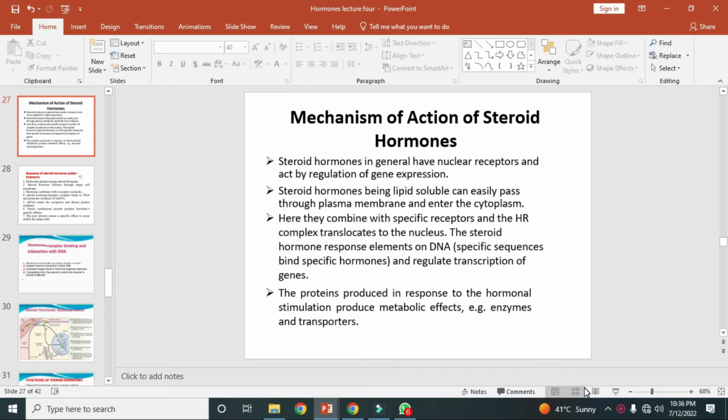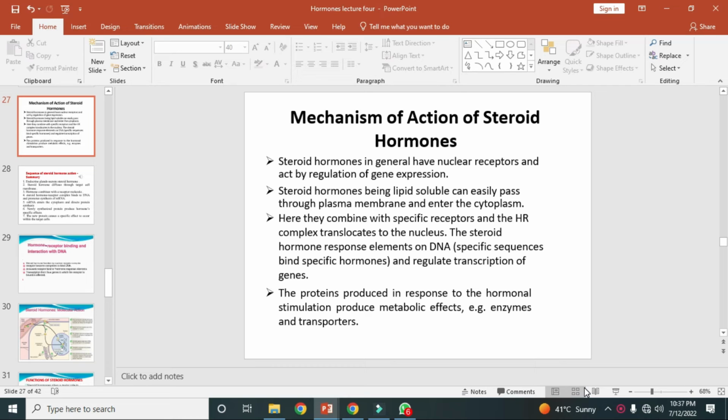So the steroid hormone mechanism of action can be summarized as follows. Number one, first of all, steroid hormones pass through the cell membrane of the target cell. Steroid hormones bind to a protein transporter during transport in blood or lymph. When they have arrived at the target cell, the protein transporter, which must be fat insoluble, is repelled by the cell membrane, while the steroid hormone, which is fat soluble, diffuses into the cytoplasm of the target cell. Here the steroid hormone binds with the specific receptor which is already present in the cytoplasm.